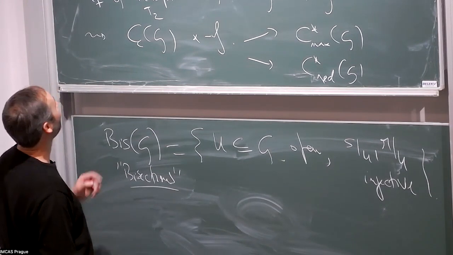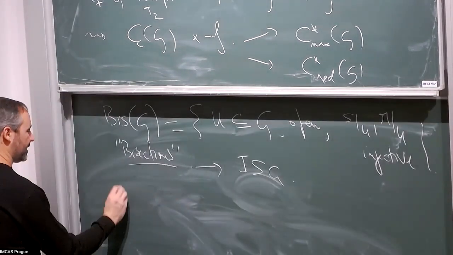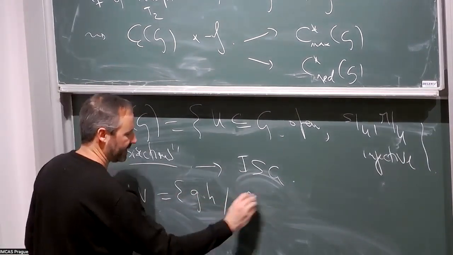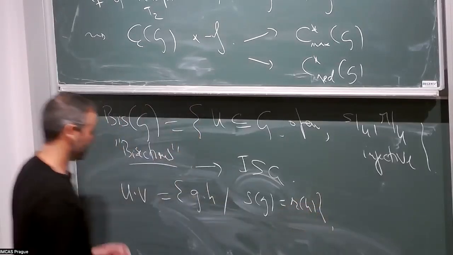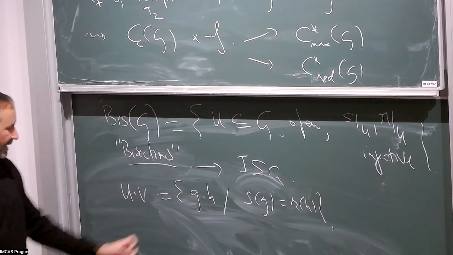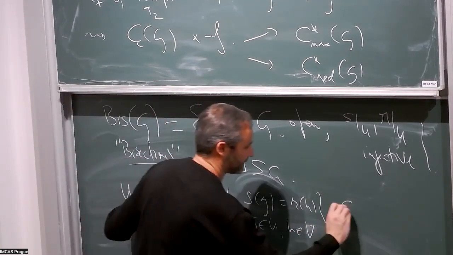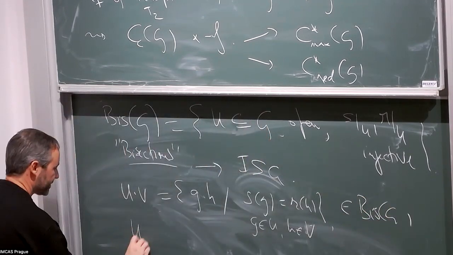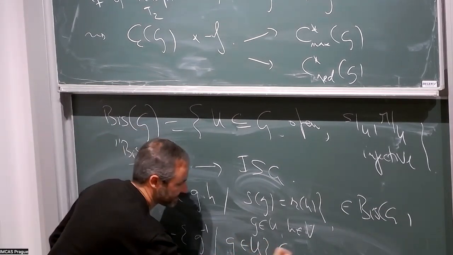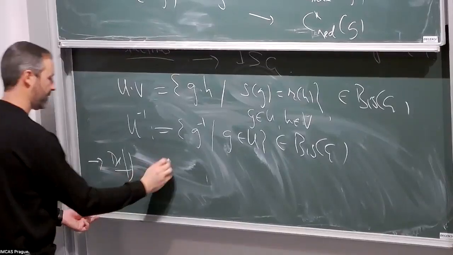And these bisections form an example of what we call an inverse semigroup. I can multiply using the groupoid operation, by just multiplying whenever I can multiply. This gives a multiplication on this set, and the product is again a bisection, one can prove. Also, of course, we have the inverse, which is just the pointwise inverse, and this is again a bisection. This is what we call an inverse semigroup, which is just a semigroup